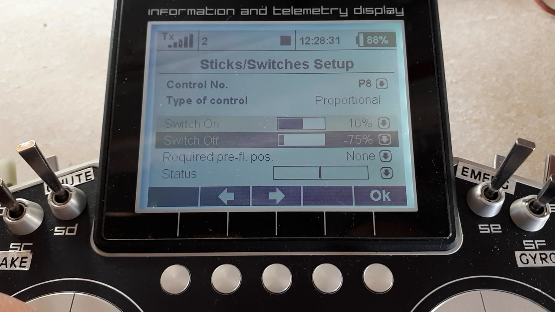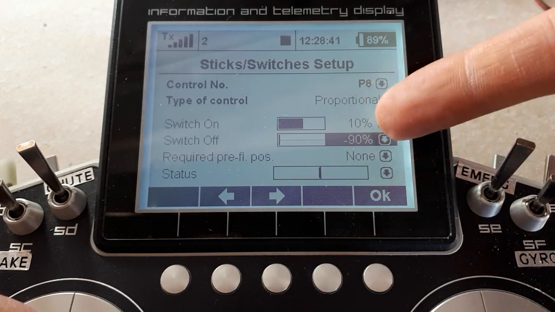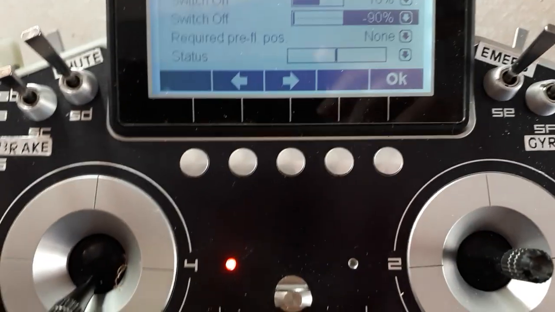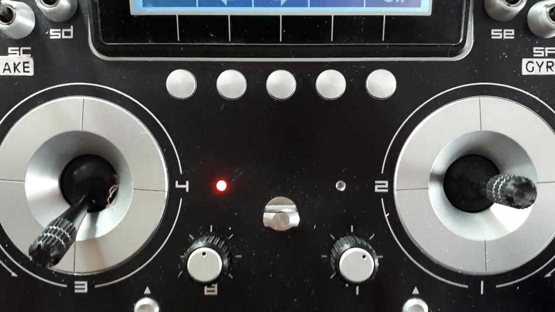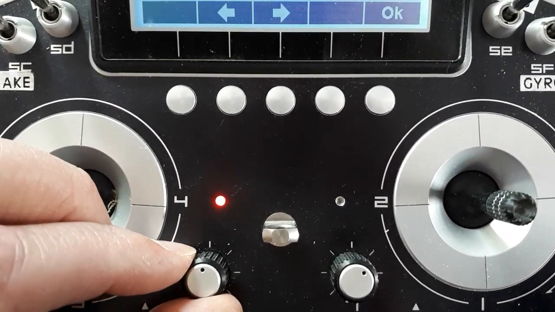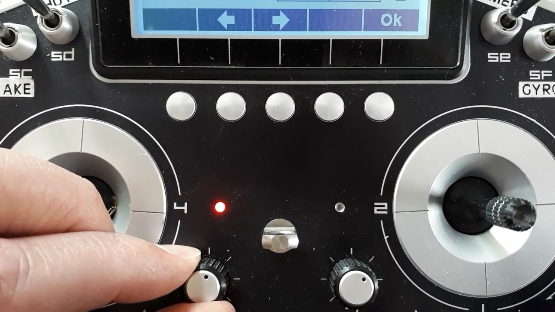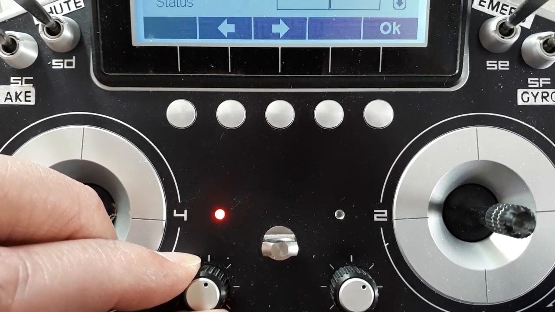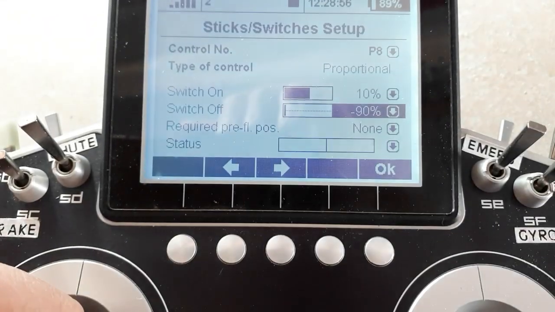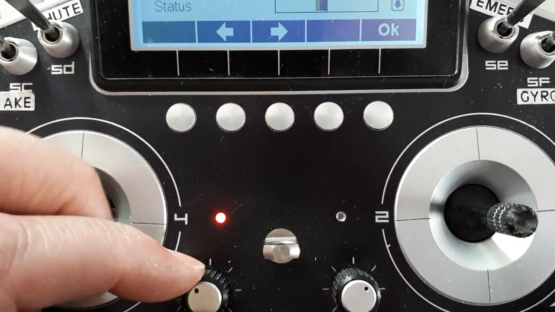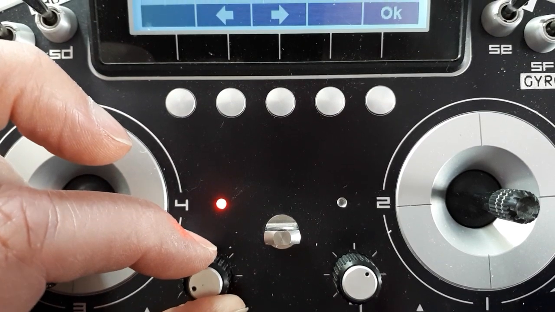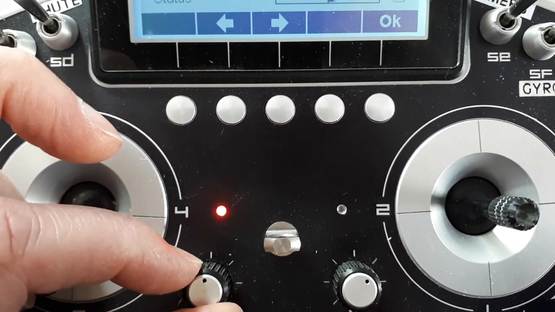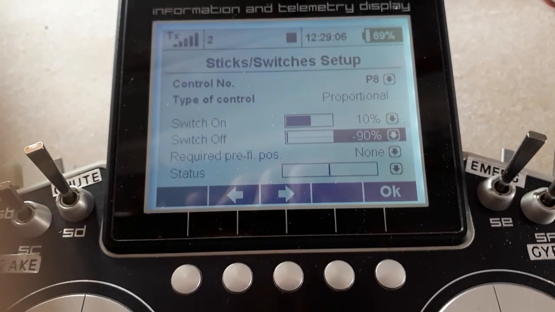On the other hand, you might want it to be, you have to rotate the knob all the way. So I'm just going to put it on both sides simply for the demonstration here. You'd want both these numbers to be the same, you know, a plus and a minus number, but this is just for the demonstration to show you the difference. So there's our rotary knob. I've made it 10% on the clockwise travel. So you see, that's all you need to trigger it. But I've made it, what was it, 90% on the anti-clockwise travel. So we've got to bring it all the way around here to trigger it. So I say you would set them up symmetrically, but that shows you how to get